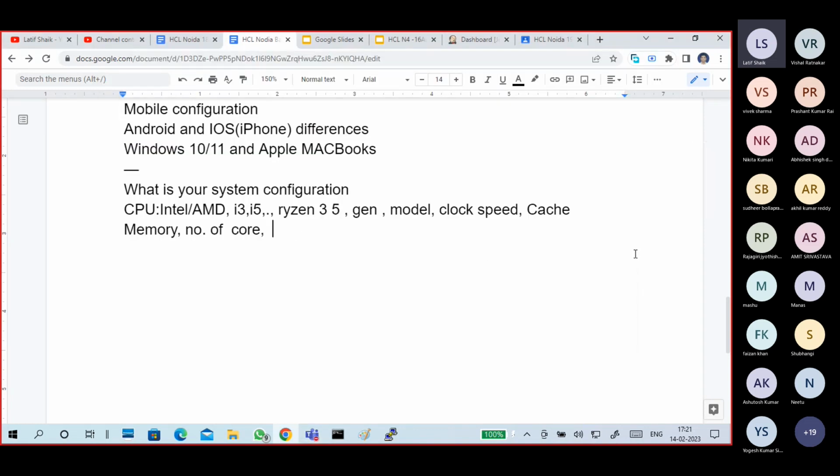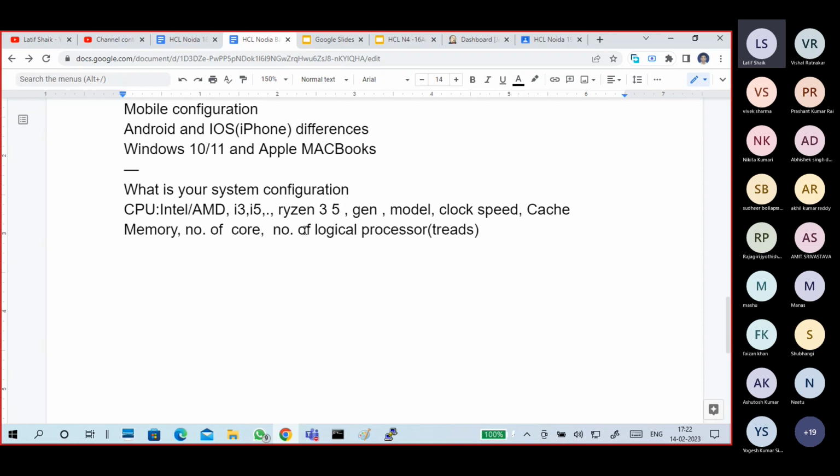That's a good one. Number of cores, and number of logical processors, called threads. Another thing is whether virtualization is enabled or not.